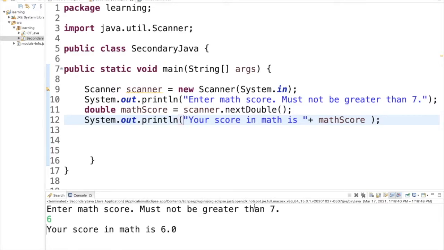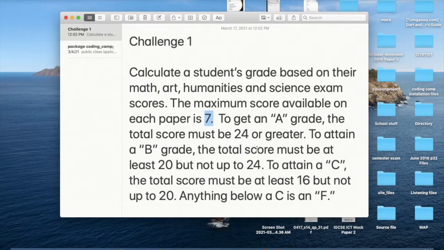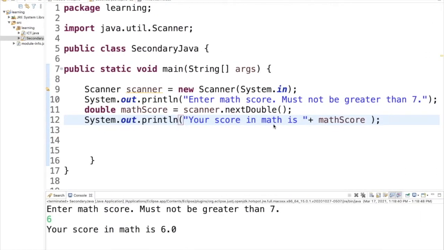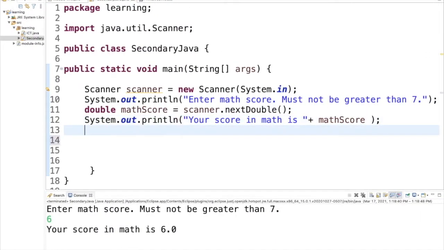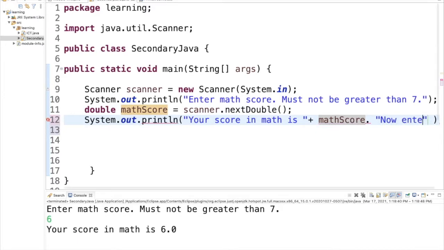All right, so pretty much we're going to repeat the same step for how many subjects are we looking at? Art, humanities, and science, and then there will be another variable that will perform the total. All right, so that's where we started going. So I'm going to speed it up a little bit. So that is for math. Okay, this is your math score, and then I also wanted to say now enter your